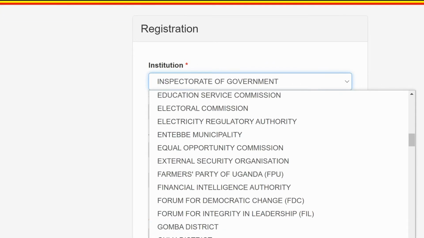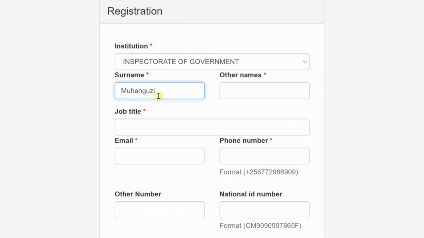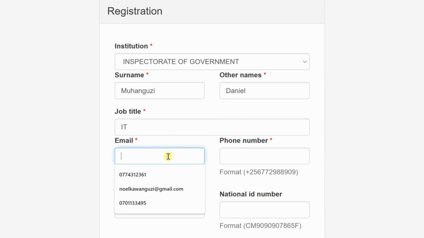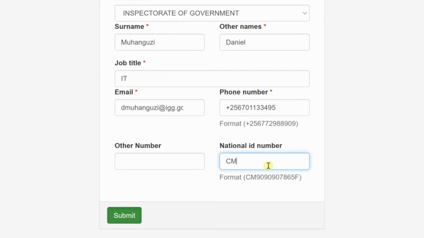Select your institution. Put in your surname, other name, job title, IT, email address, dmahanguzi@igg.go.ug. Your phone number has to start with +256 7011333495. Your national ID number,